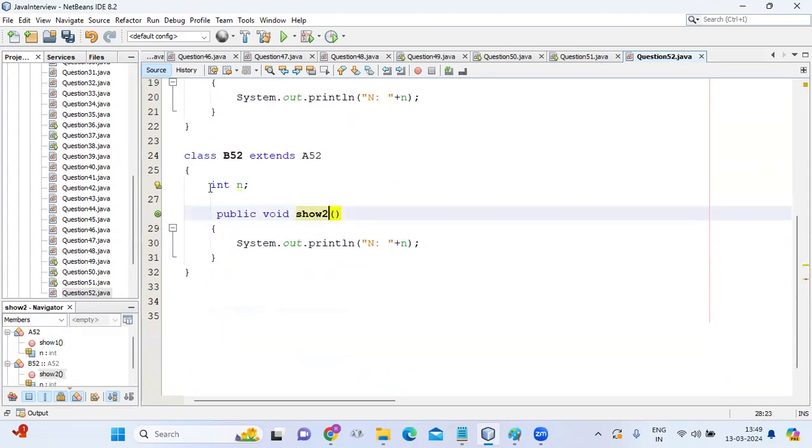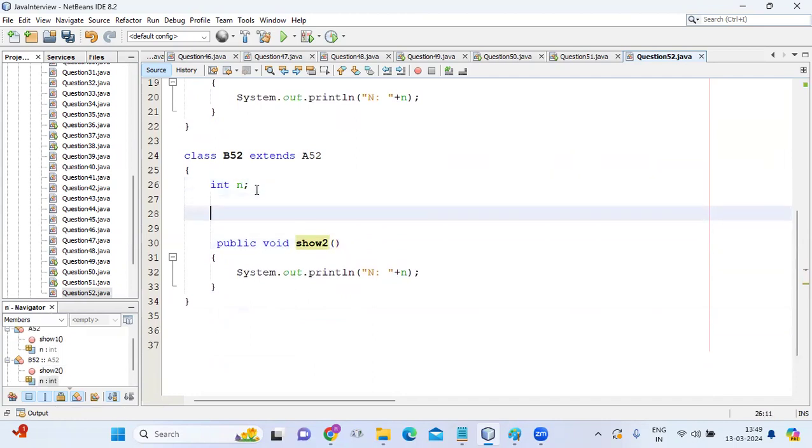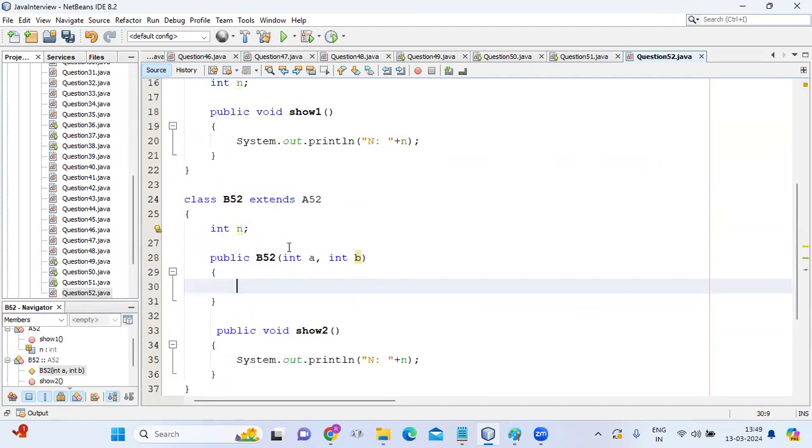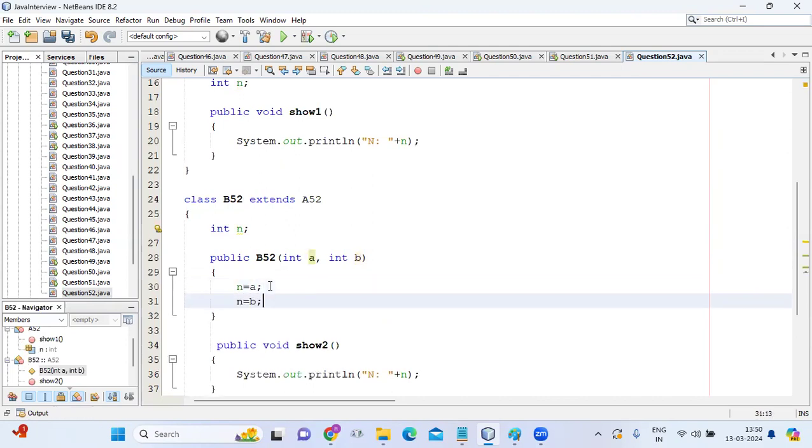This show2 method will display the value of this n. But here suppose I write one constructor, public B52, and it will receive integer a and integer b. Class B constructor, the subclass constructor, will receive two arguments. And suppose I say n is equal to a and n is equal to b.